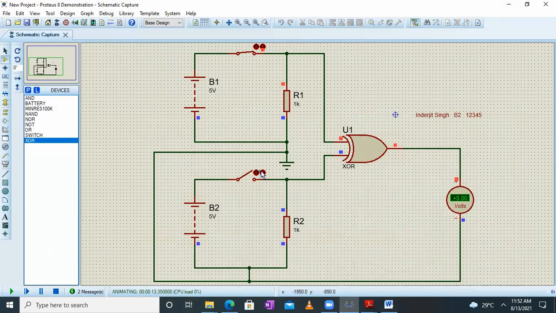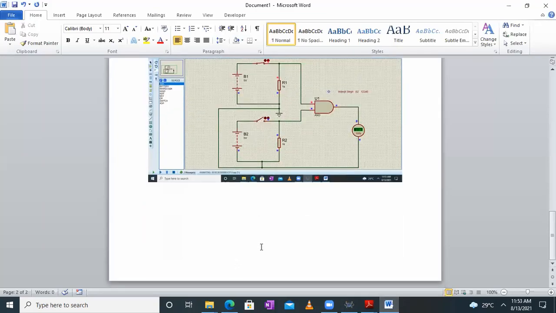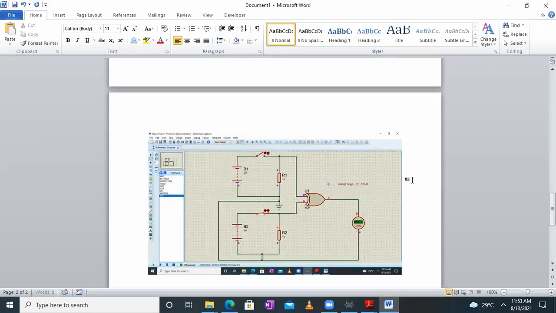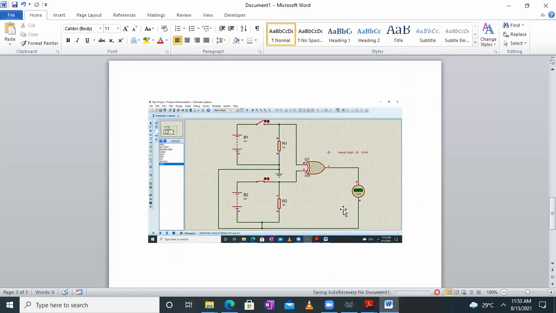Now let me close this switch and open this switch and let us verify again. Yeah, so for 0, 1 input or 1, 0 input, the output is logic 1. So here I can add this print screen into the Word document, and later on, we can add these images. I repeat, don't crop this image. Let the time and the date be visible in your print screens.